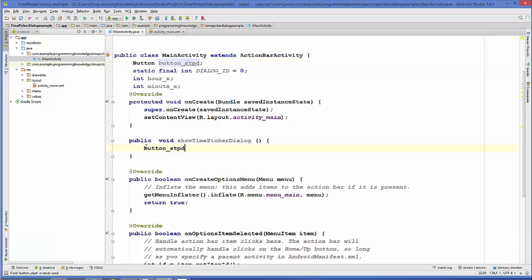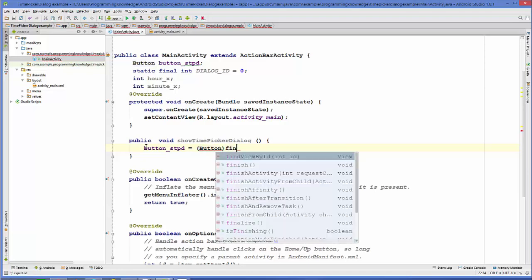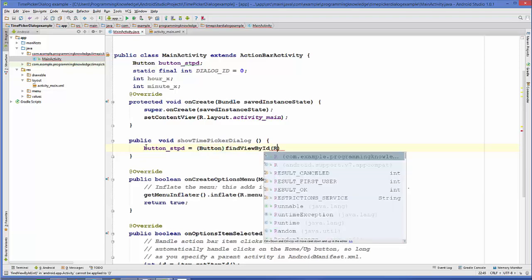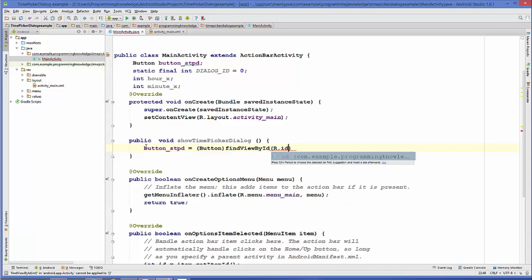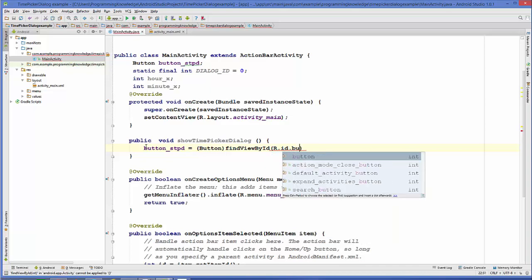Okay, so button is equal to button find view by id r dot id dot button.